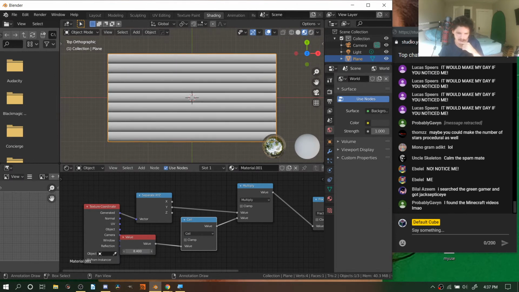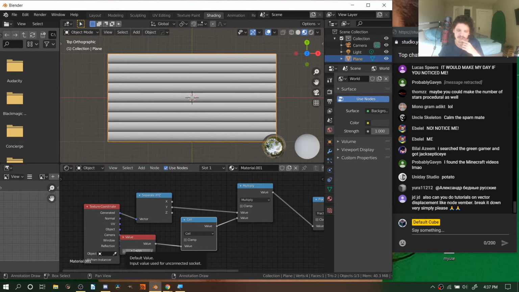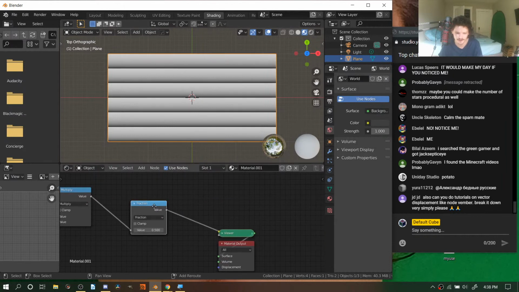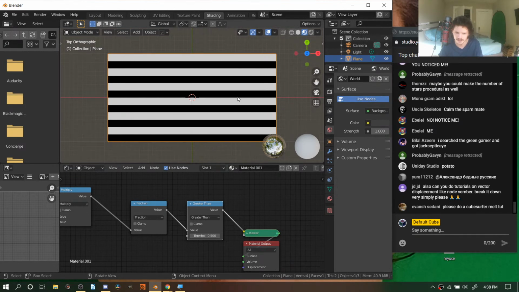So now I could say I have however many stripes. Now the issue with 13, and I guess I didn't account for this, is that it's an odd number. Because originally what I was going to do is make six stripes and separate them into 2 categories. One that's greater than 0.5, one that's less than, and that should give me 1, 2, 3, 12. But we can't do that because